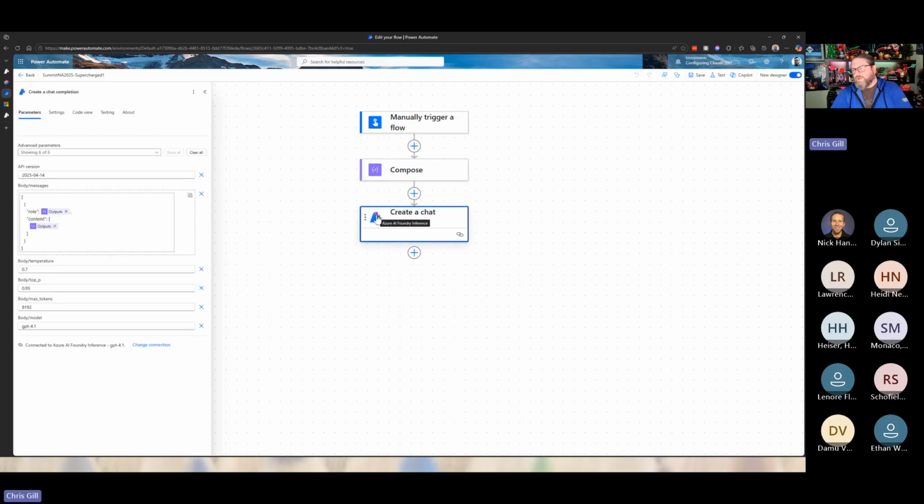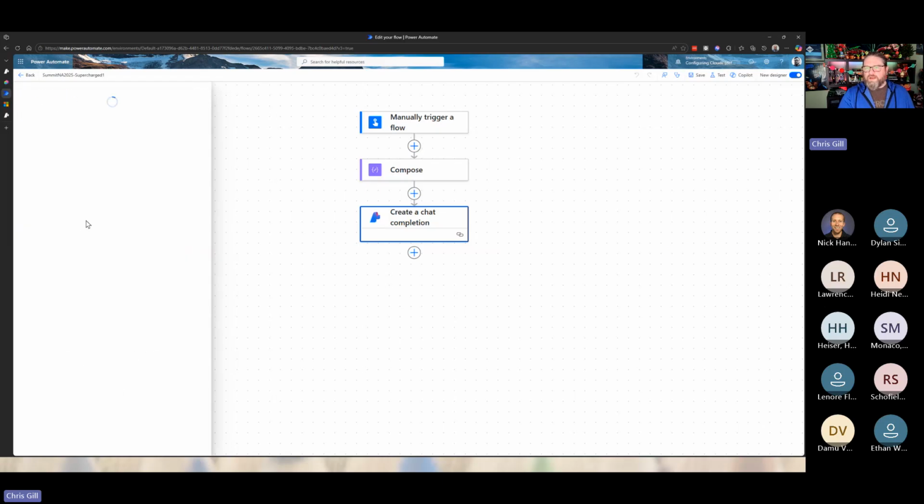So we can go and choose the Foundry inference piece. And as we saw, similar configurations inside of Microsoft Foundry, we have those same configurations here. So under this inference connector, we have what's the API version of your endpoint? And that's here. Let me go back and do a connection example.